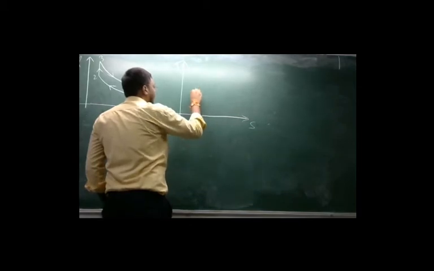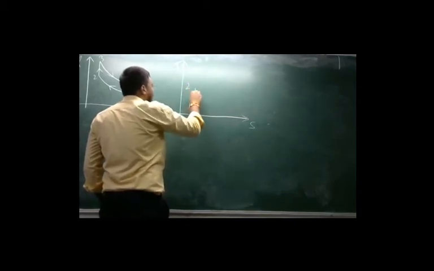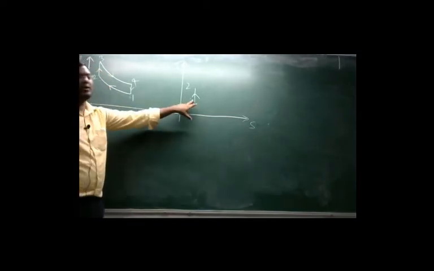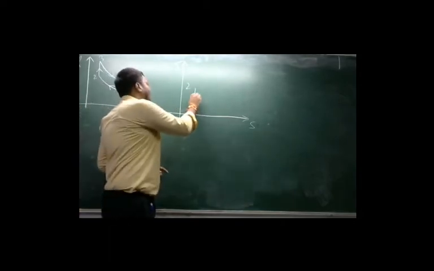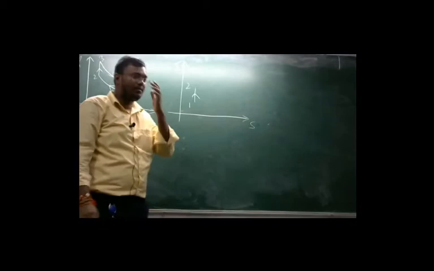So on the TS diagram, this process 1 to 2 should be like this, 1 to 2. Okay, because in this process entropy is constant. This is the entropy axis. So from 1 to 2 at every point entropy will be the same. Okay. Now 2 to 3 is the constant volume heat addition process. If you remember, in the previous class we discussed that 2 to 3 is constant volume heat addition. You have studied that in second year in basic thermodynamics, that constant volume and constant pressure processes are represented by a curve on the TS diagram.